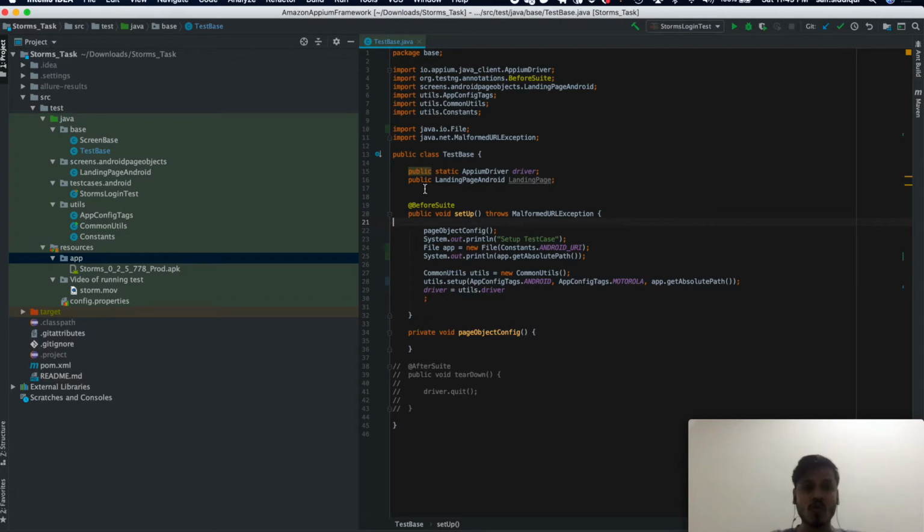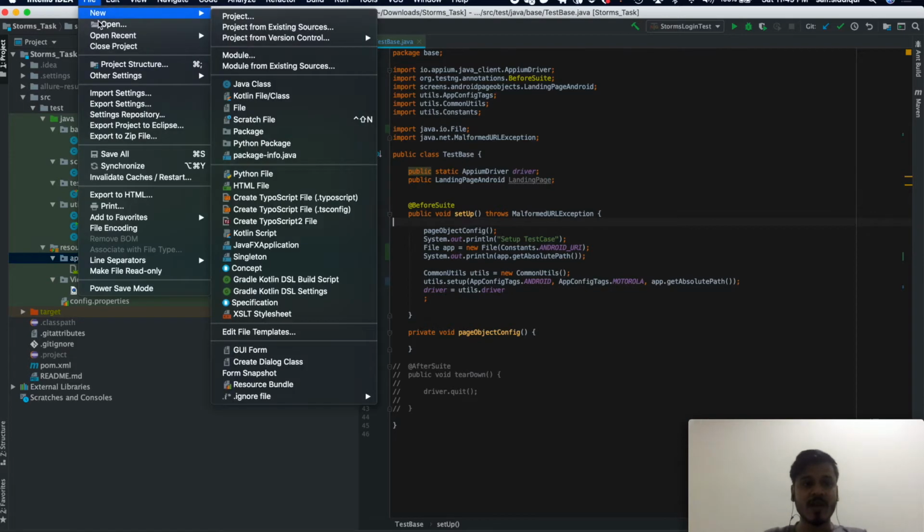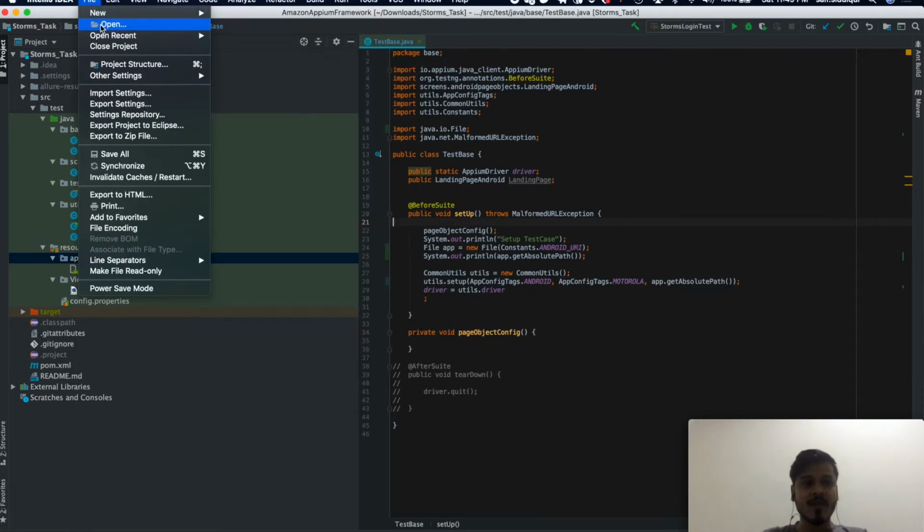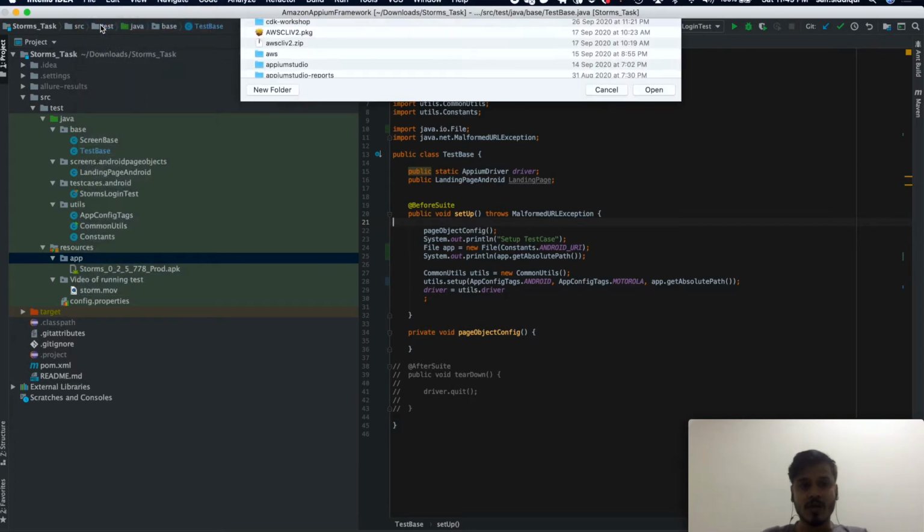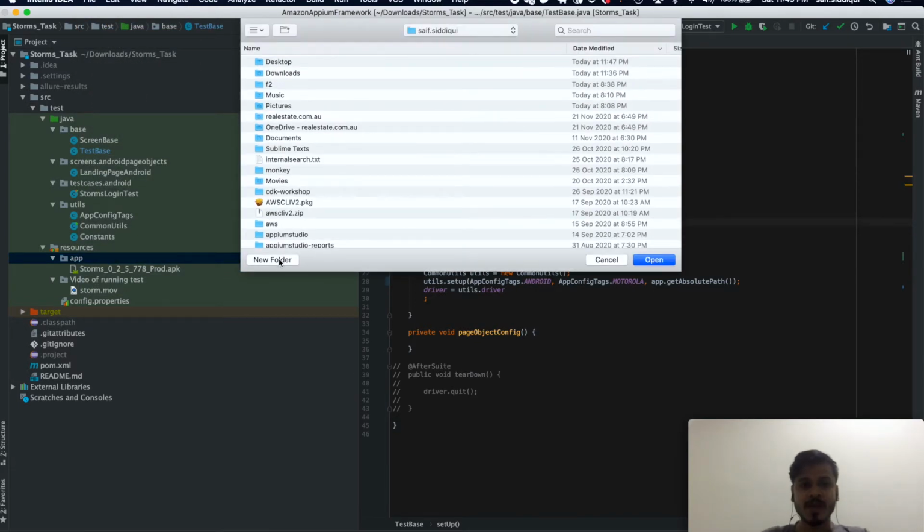So let us go and do some practical work. I will just go here on files and I will open a new folder for that. As you can see, I can use any folder or I can create a new folder.